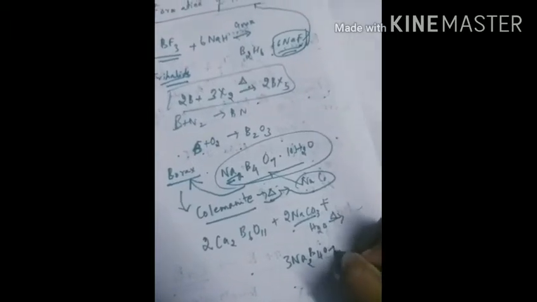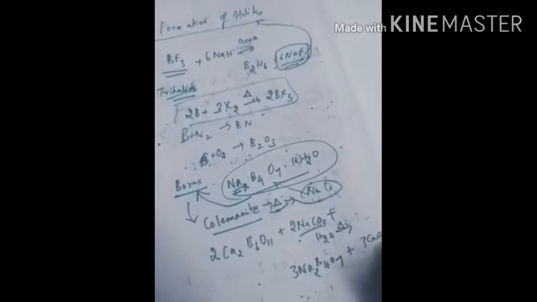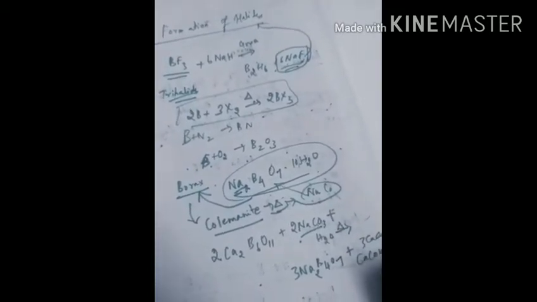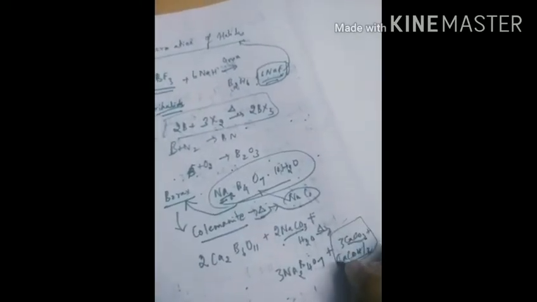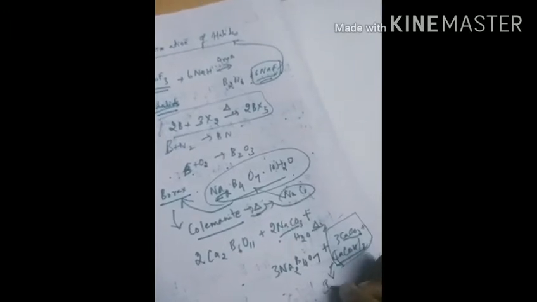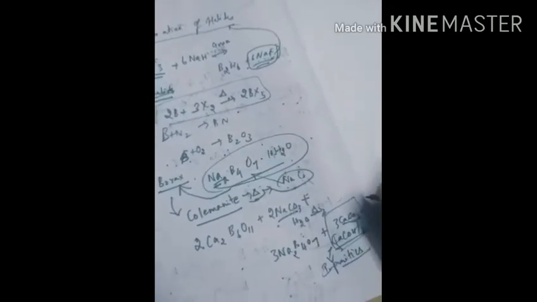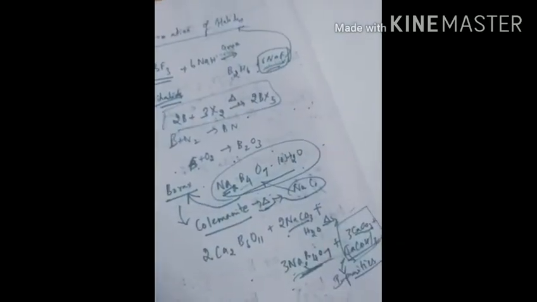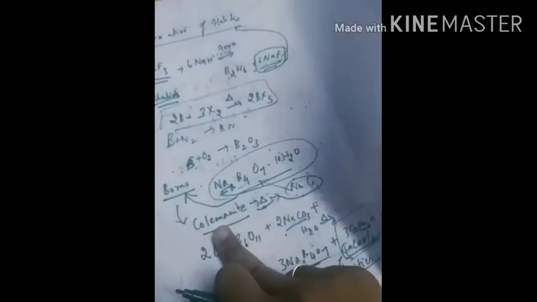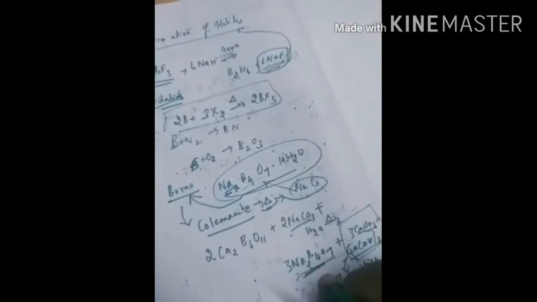If I boil this solution, I will get Na2B4O7. That is our borax, with 3 CaCO3 plus Ca(OH)2. This is calcium hydroxide, calcium oxide, calcium carbonate. These are all slag, impurities that can be removed. We can remove it as slag in the process. So we get this material. This is called borax. We have finally got borax. How did we get this borax? By boiling the colemanite in aqueous solution and alkali solution, we got borax.